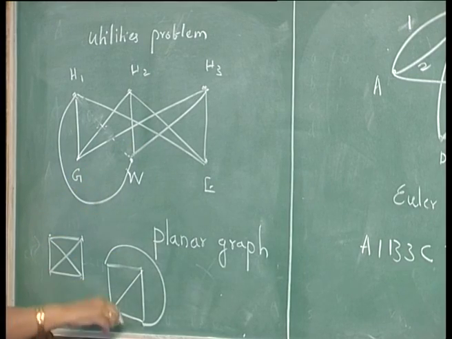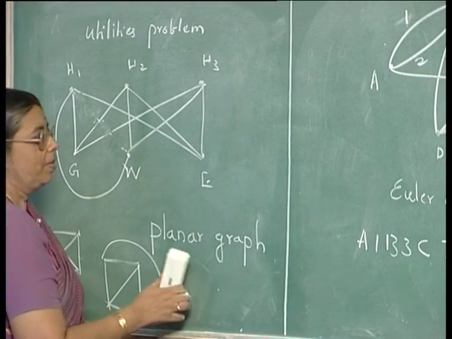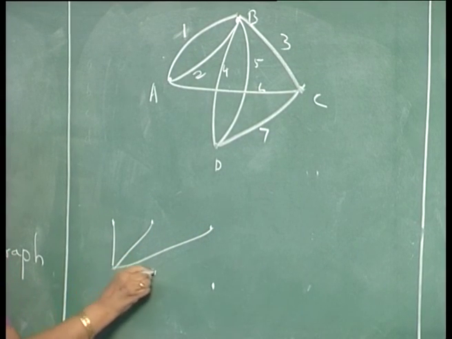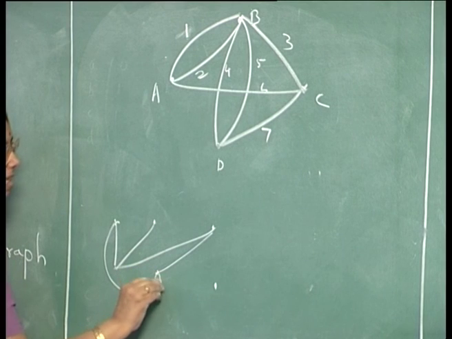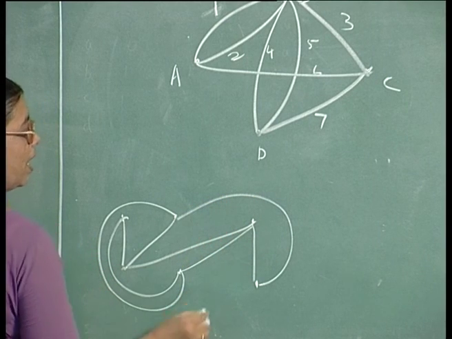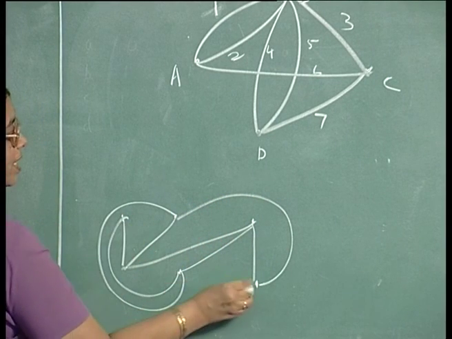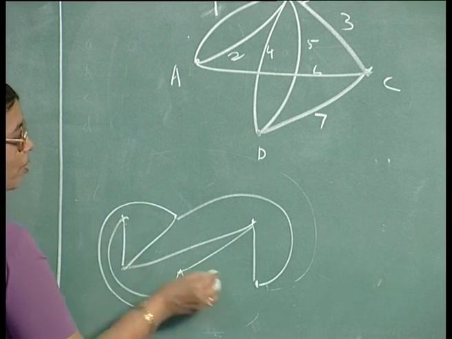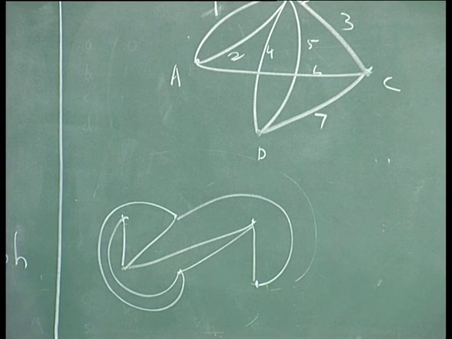Whereas this you cannot do like that. Somewhere there will be some crossing. At least one crossing will be there. For example, suppose you try to do like this, this one, this one, and this like this. But then how do you draw this? If you come across like this, here you have to cross. If you go like this, here you have to cross. Somewhere at least one crossing will be there. So, this is not a planar graph, and we have to study properties like planar graphs and so on.